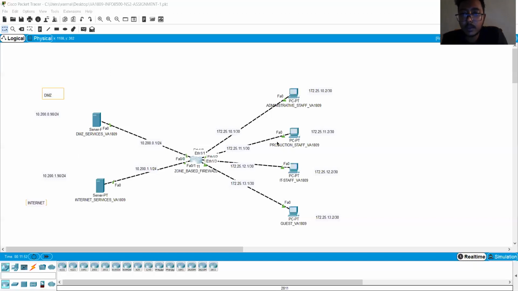I have applied the NAT protocol so that all the traffic flows through NAT in the internal network. I have used all of these ports.